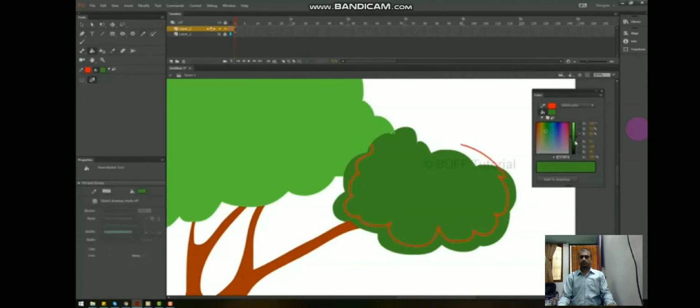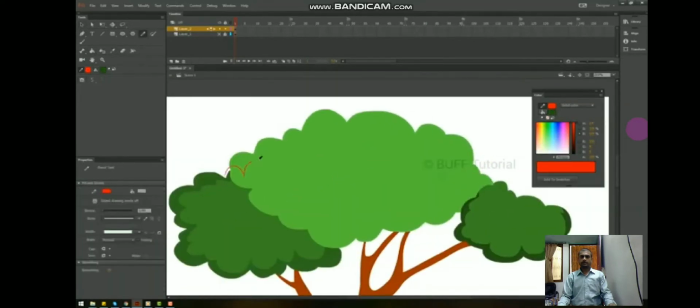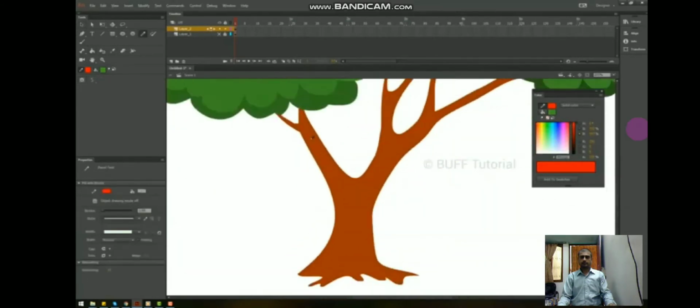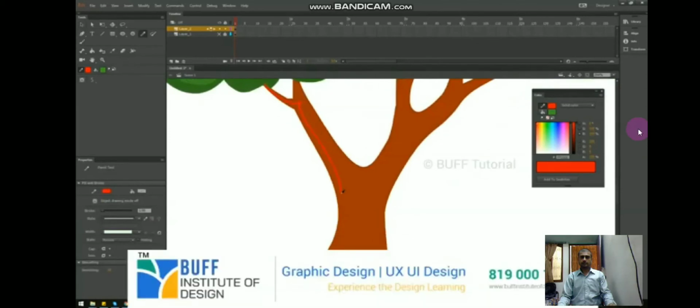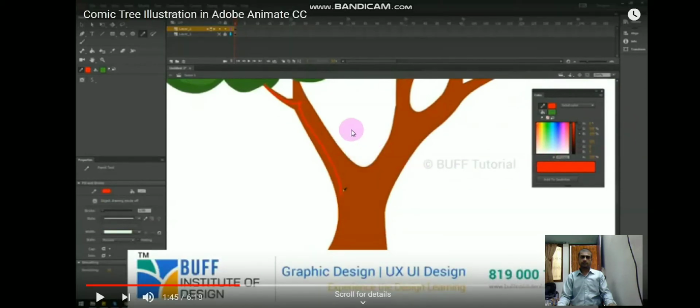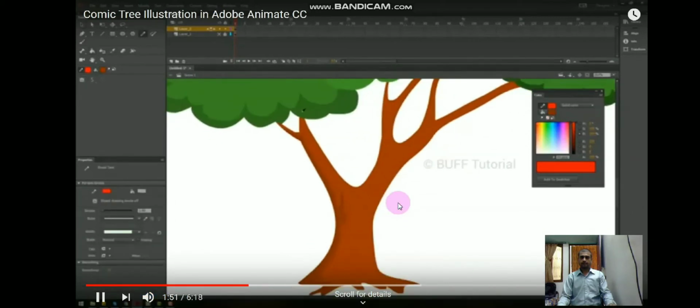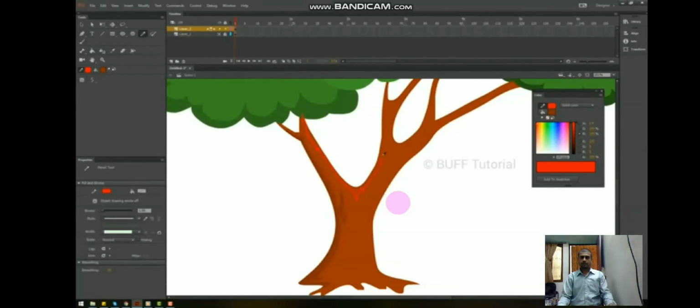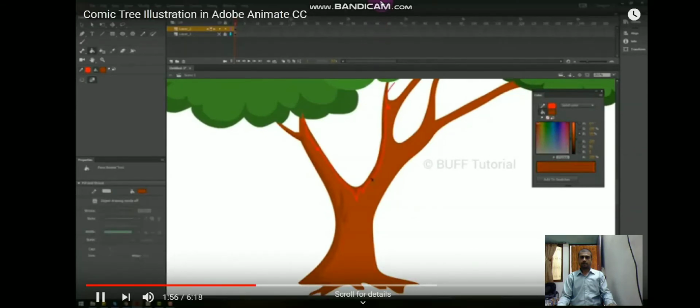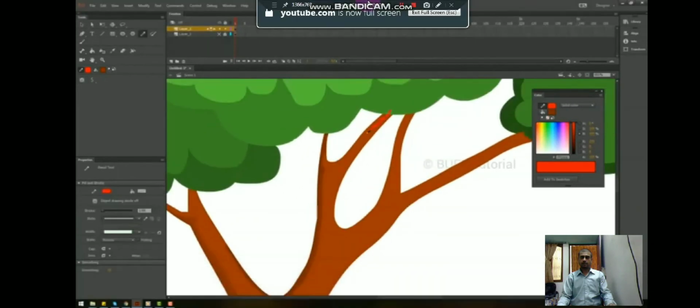Now you can see again I have selected this area. Now I am again using this pencil like this and choosing the color. So you can see I have selected a slightly light color for that. For the tree trunk also you have to draw the line, just to make it in a shade. Now you can see I have drawn this line in this, and then after that you have to select the color. It may be brown or light brown to give the shade to the trunk.